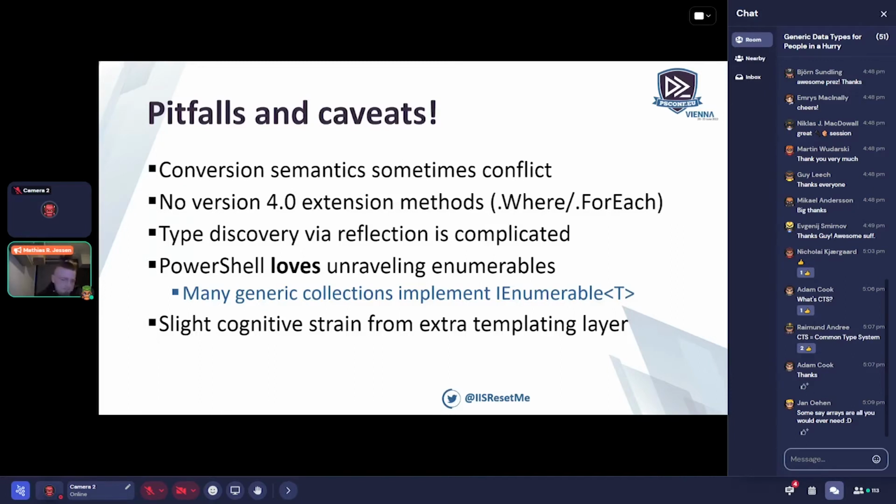Just to mention a couple of things, conversion semantics sometimes conflict, right? Again, generics and PowerShell are trying to solve similar or adjacent problems in wildly different ways. And so that means that the conversion semantics that the .NET type system expects the compiler to enforce are not necessarily the same as what the PowerShell language engine is going to enforce, right? So conversion semantics might